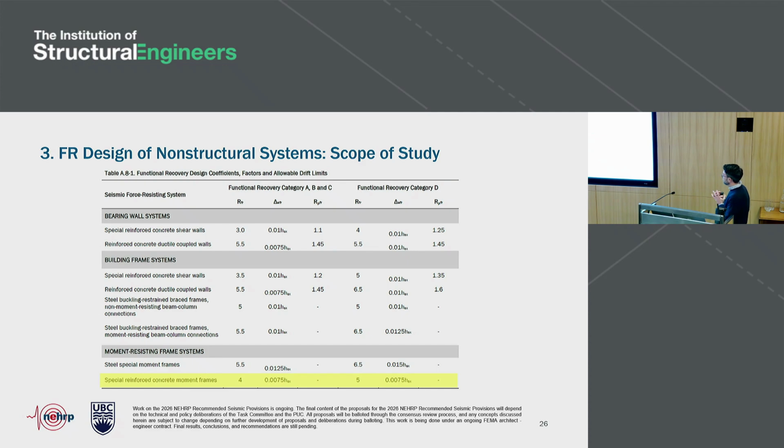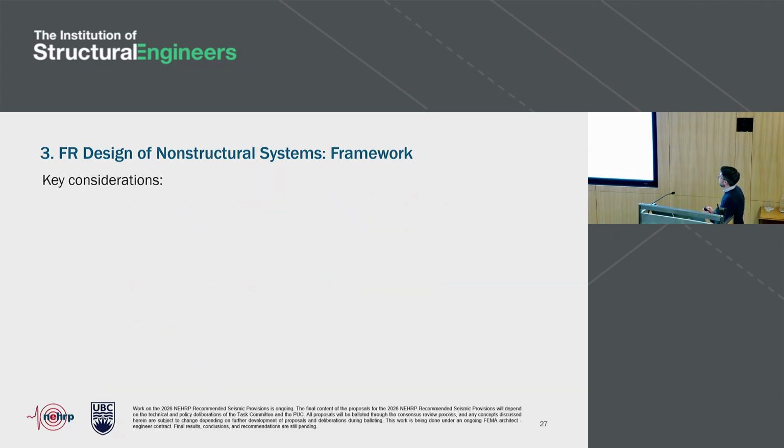Okay, I'm now going to transition to the non-structural system design approach, and I have the same table that I had in the previous slide, and that's by design, because the point of departure for non-structural system design is effectively having structural system design that minimizes the probability of safety critical structural damage. So what we did after coming up with these recommendations for structural systems is say, okay, you need to first meet this design for the structure. It means you're going to have a low probability of the safety critical damage, and only then can we think about the non-structural components. So that's why I'm repeating the table here.